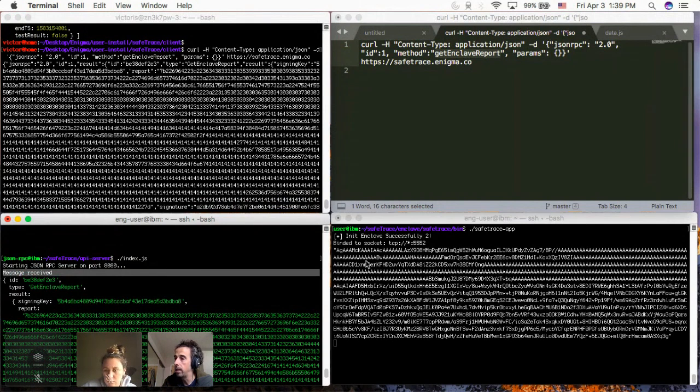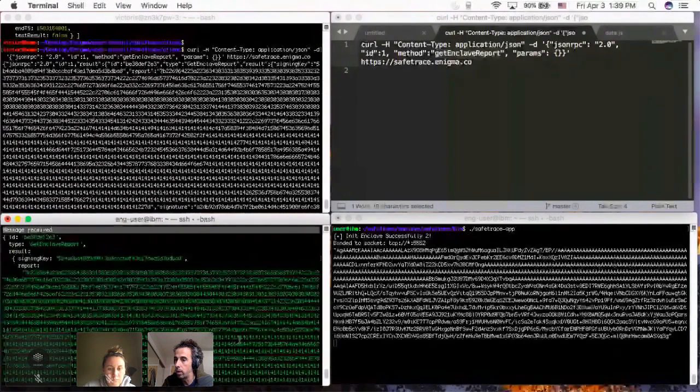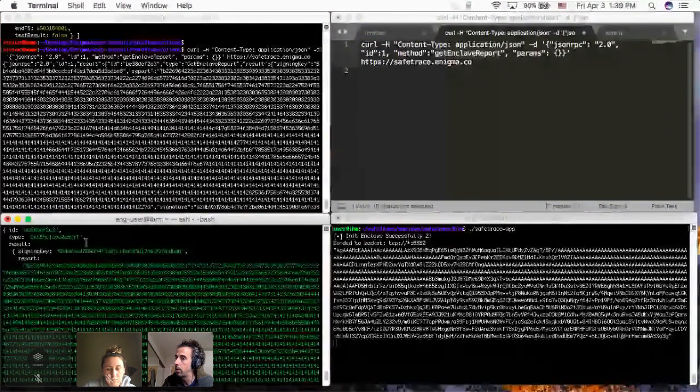Intel verified that this code is running inside a legit enclave, produced a report stating so, which is encoded here, and the enclave sent it back to the JSON RPC server, which included the report itself, which here is base64 encoded, and included the public key of the signing key of the enclave,